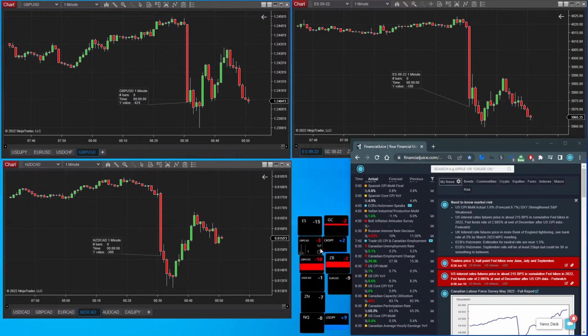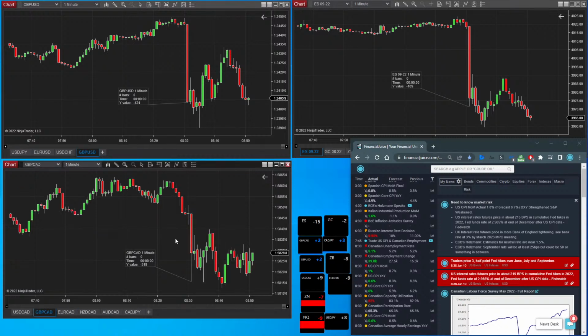Now, what are these numbers? The numbers represent the level of sensitivity. 1 is the most sensitive. So when there is a little bit of movement in the markets or in a certain instrument you're looking at, if I'm bringing up GBPCAD here, if there's a little bit of buying going on, you'll see the alert appear in front of you, whether there's buying or selling going on. And that's going to chop and change quite a bit.